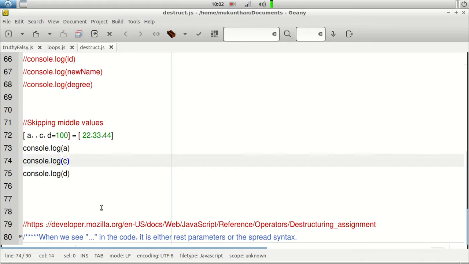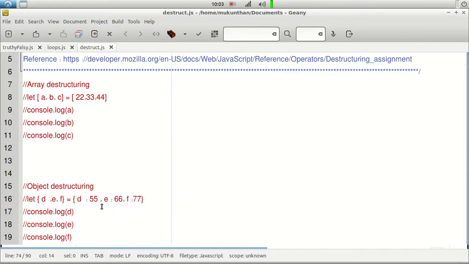There is another usage of the three dots, which acts like a spread operator, but it will be easier to understand when we learn about functions, because the rest operator and spread operator are combined together in a different context. For example, in a function call it works in one way, and in a function definition it works in a different way. But in this context, for destructuring, we use the rest operator, and we have seen how it works here.